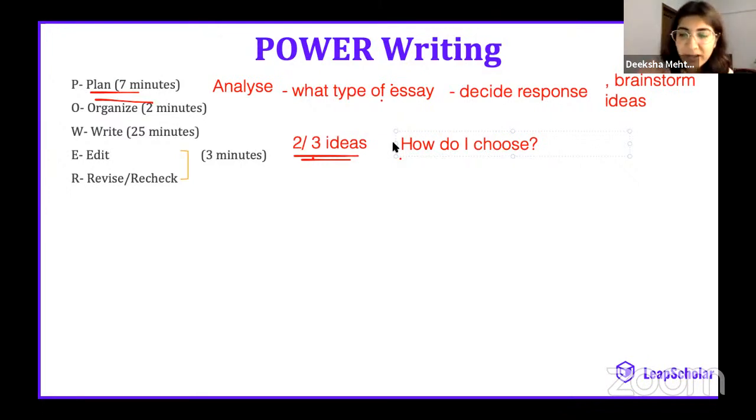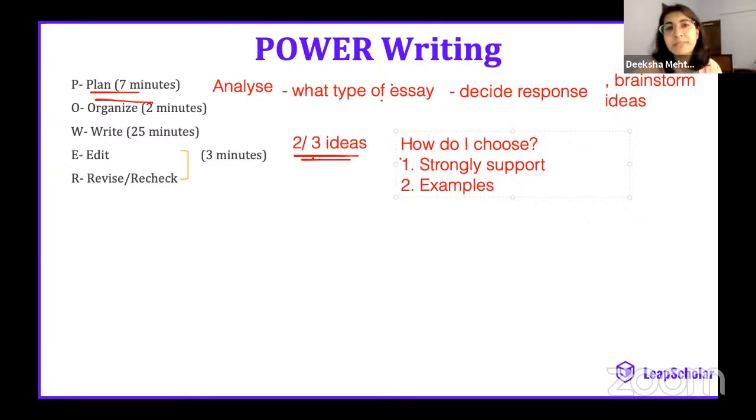See you at 5. So yes, brainstorm means to think of as many ideas as you can. Now, how do I select which idea to use? So first thing that I was doing was which strongly support, right? So first thing is which are strongly supporting. The second thing I need to think of is examples for those ideas. Write only those ideas for which you can think of examples. If you cannot think of an example for an idea, please do not write that